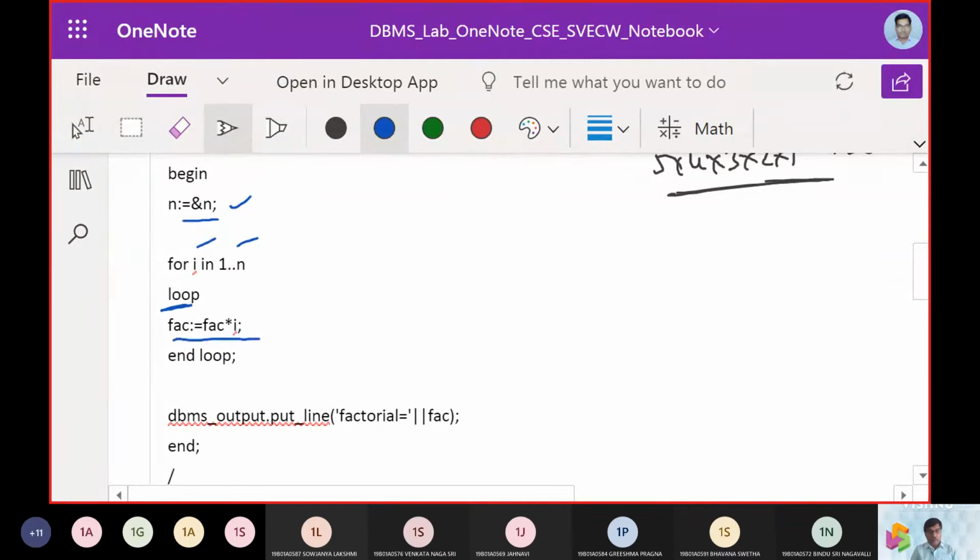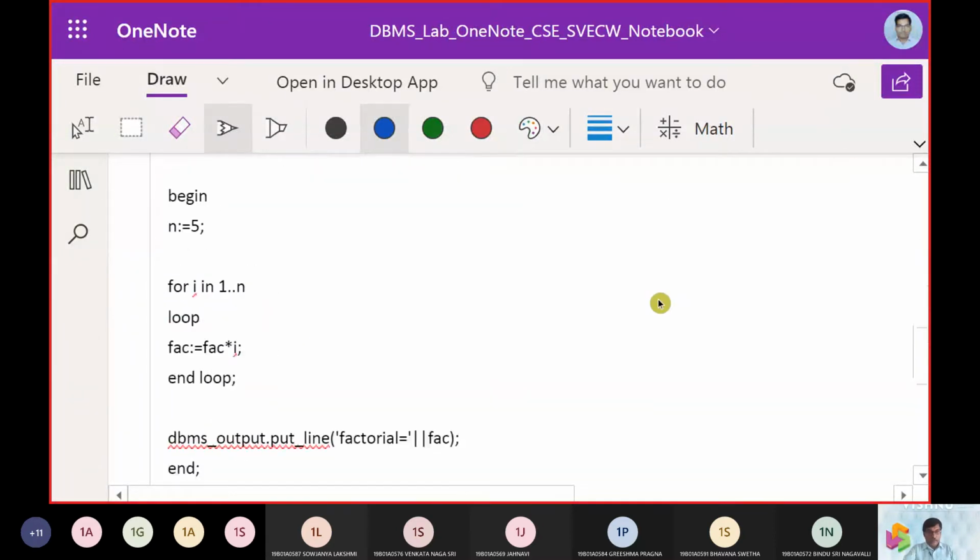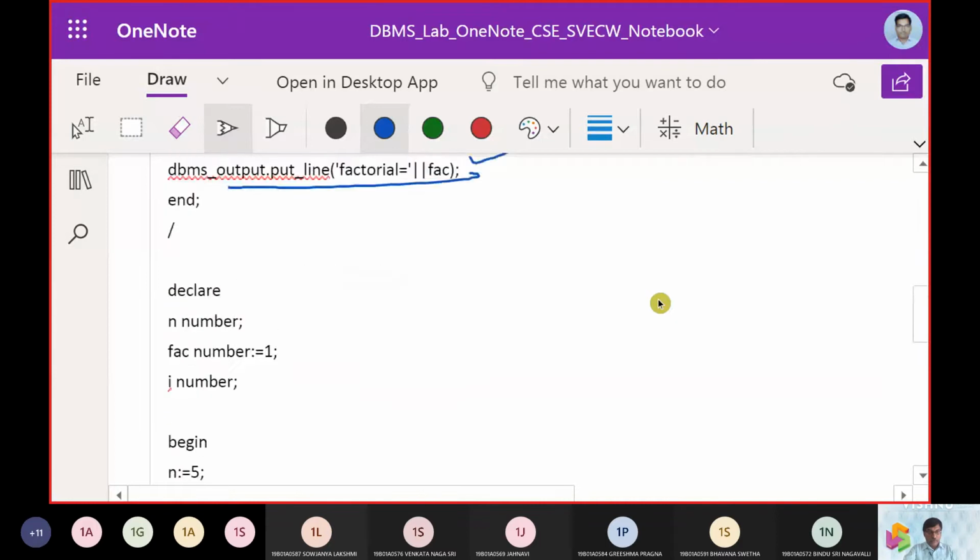Then we say fact is equals to fact into I, end loop. So fact is equals to fact into I. In this way we are using the recurrent procedure here, and finally we are displaying the factorial.